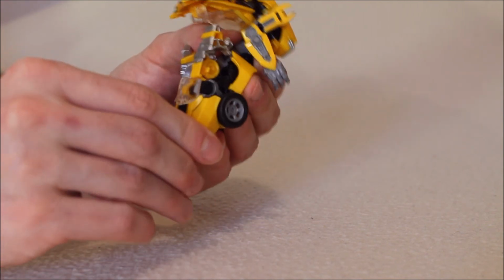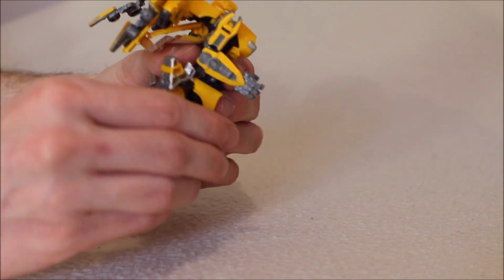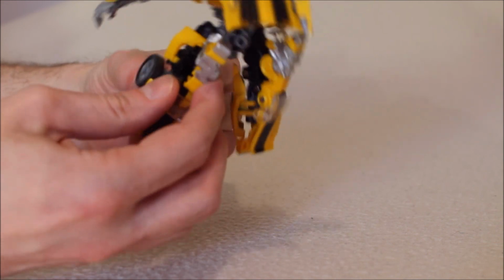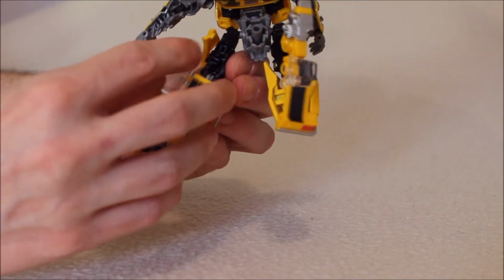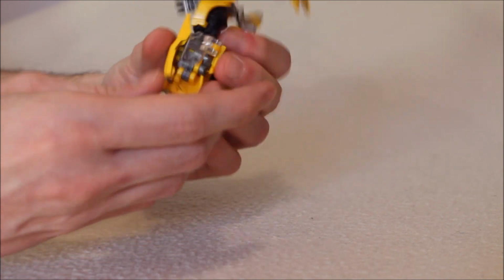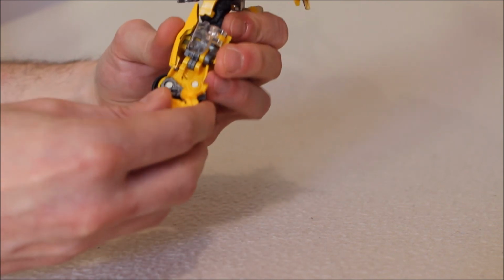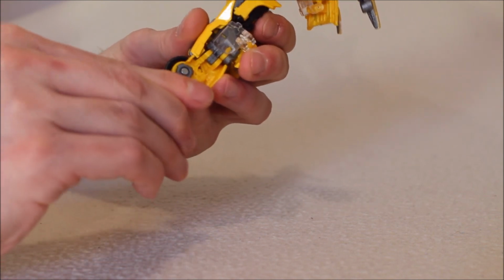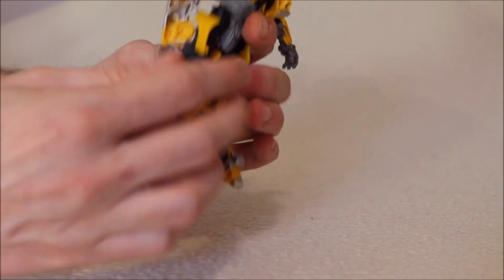Now you should be able to begin unfolding the legs, which again is like, it's not fun. Bring that down, bring that over to the side, fold that in, bring the shin out to the front, go to the foot and push it all the way back. Push the foot in, bring it all the way to the back and bring it up. Come to this side,